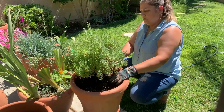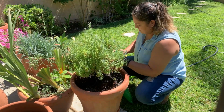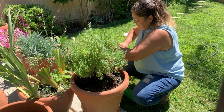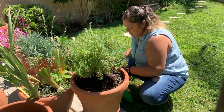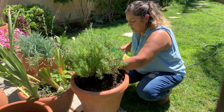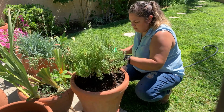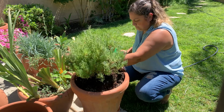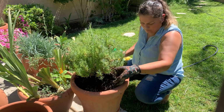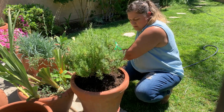Another thing you can add would be little rock pebbles at the bottom, so that the water drains nicely. For lavender, you really do want easy-draining soil, so you don't want water to stay stagnant in the pot too long. This would contribute to root rot, which we are trying to prevent. So I didn't add the rocks, but I should have. I want to make sure my roots are covered,